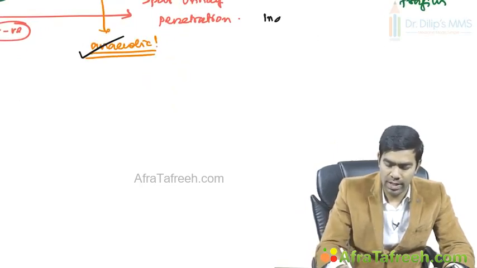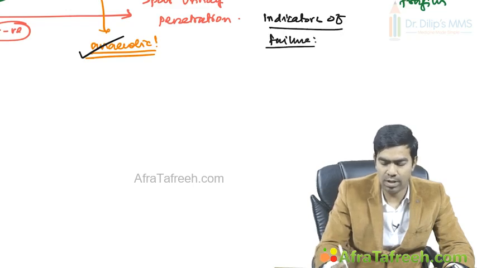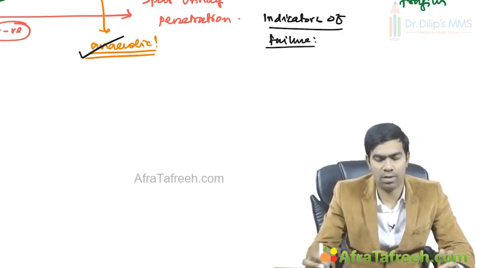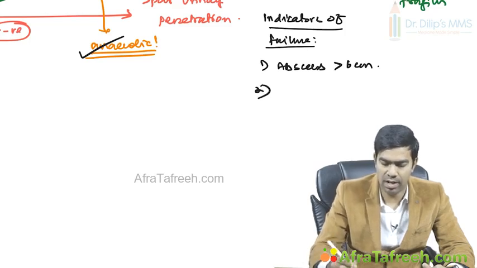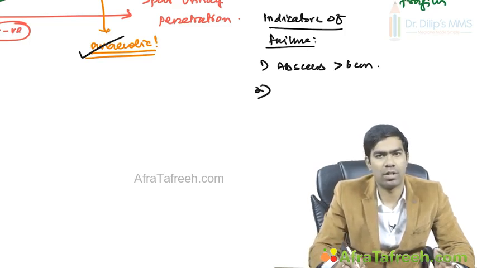So what are the indicators? I'm not talking about indication. Indicators of failure of therapy, which means your antibiotics probably will not work. So what are the indicators? Number one, very large abscess. If the abscess size is more than 6 centimeter in diameter, a very large abscess, you're not going to get resolution